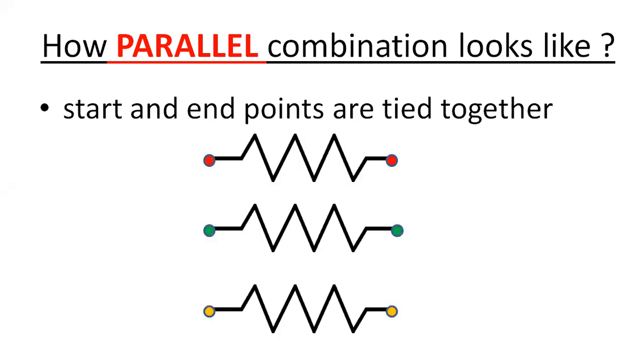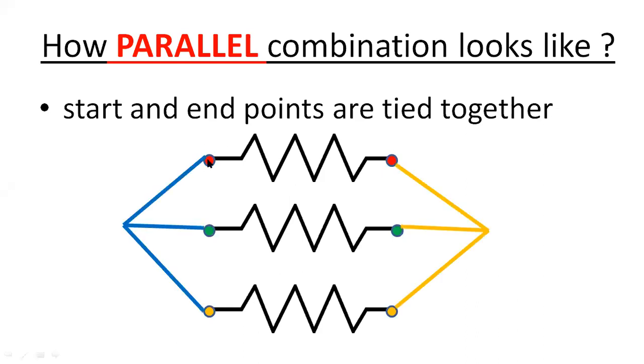So these are the three resistances which I have shown to you. One is having start and end, start and end, start and end. Now, if I combine this particular end to the start, then it will become series resistance. But if I connect all the starts to a common point, and if I connect the ending points to a common point, then these are called a parallel combination. That means something like this.